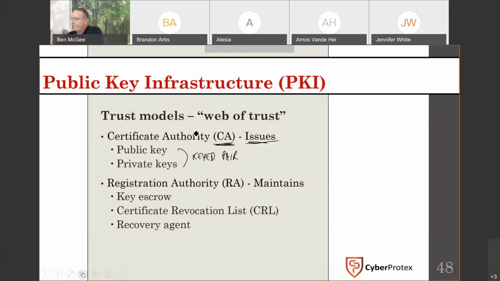Now, this is oftentimes very confusing for a lot of people, but I want to make sure that we're all on the same page here, right? So PKI is typically software. If you have a lot of money, because it takes a lot of money to do it, you can buy software that will allow you to create a public key infrastructure within your organization. And it's quite interesting because once you buy the software, now you take all of your users